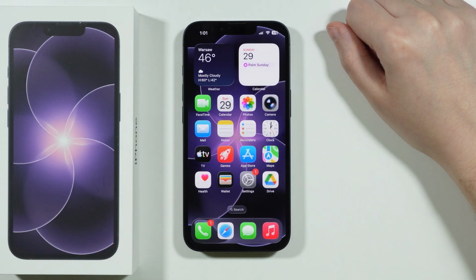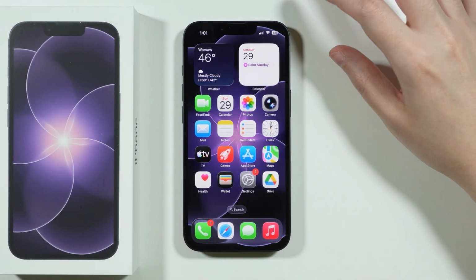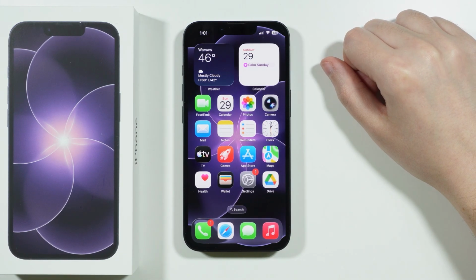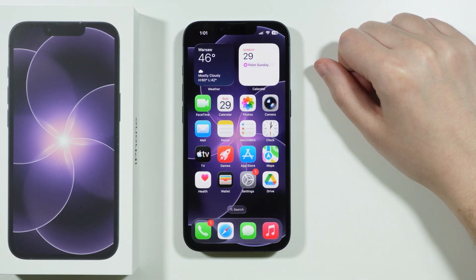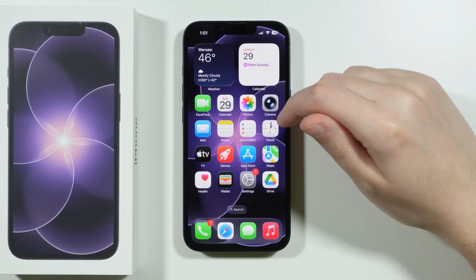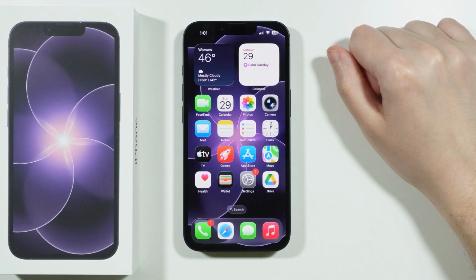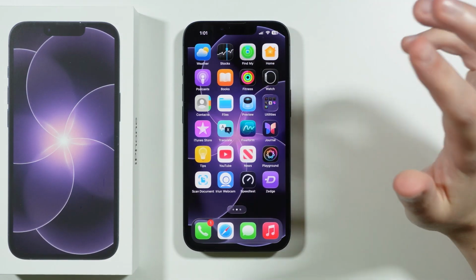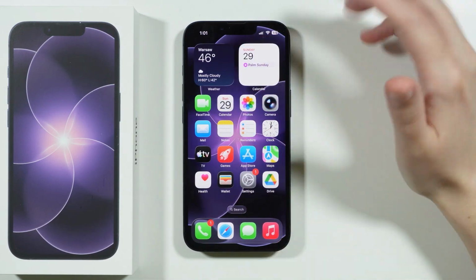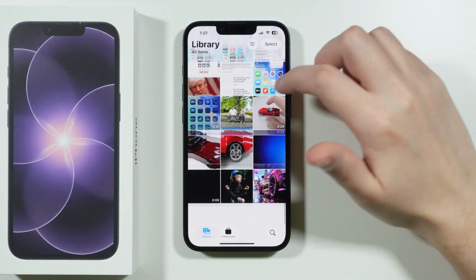If you want to make a video wallpaper on iPhone 17e, then in that case we can get a live wallpaper on the lock screen on our iPhone 17e. Unfortunately, we cannot set an animated wallpaper, live wallpaper, or video wallpaper on the home screen. So the first thing that we need to do is get some sort of video